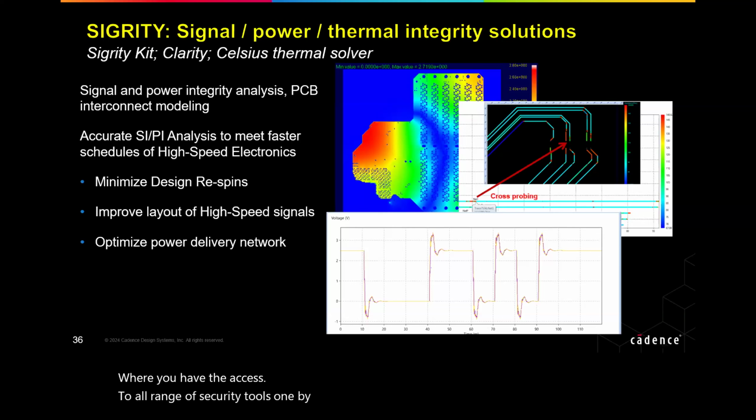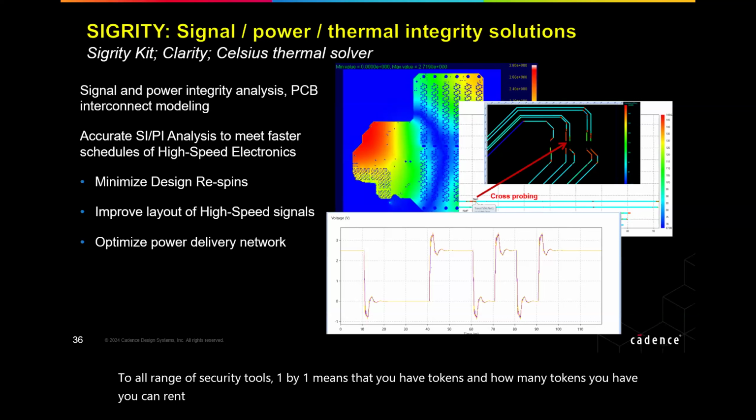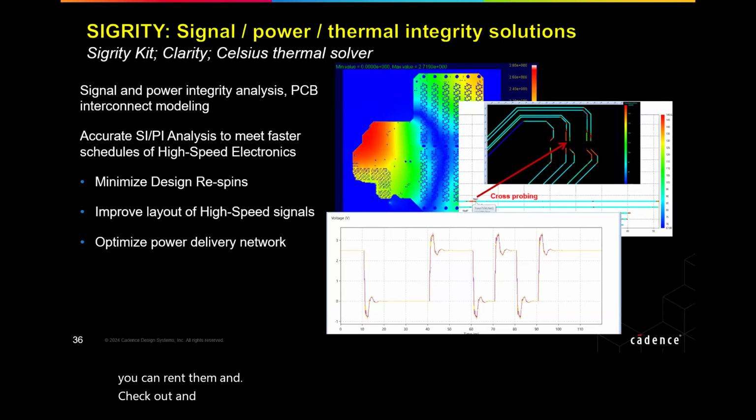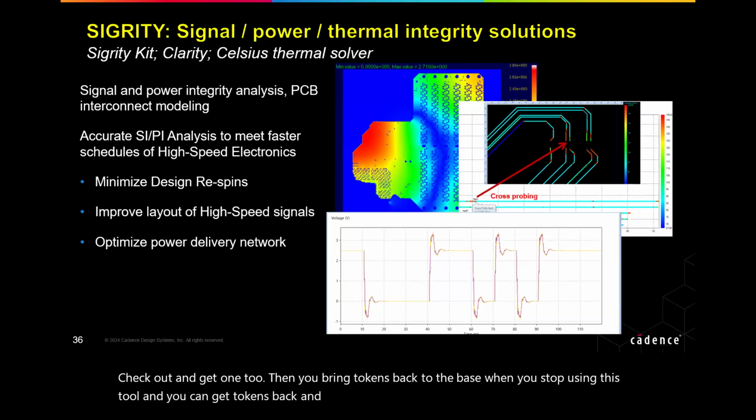You have tokens, and you can rent them and check out one tool. Then you bring tokens back to the base when you stop using this tool, and you can use another tool. Like today, Sergeant has explained to us about different tools, about Celsius, about Clarity, about Sigrity Kit,